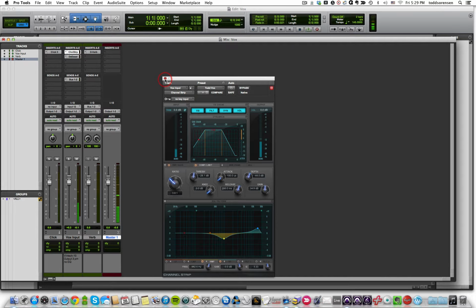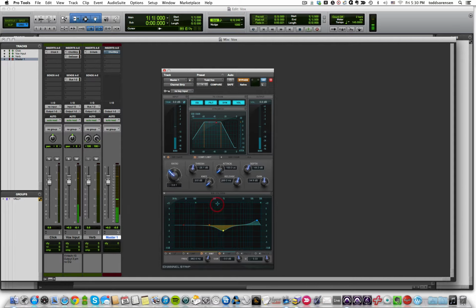Now let's look at the same plugin. Let me copy this and place it on the master plugin. That's probably really loud, so let me pull this down a ways. Okay, so now let's look at this specific plugin. And what we'll do here, we'll do the same thing. We'll pull down the master fader, and what you'll see is as I pull down the master fader, all of these levels start to go down as well. So here I go, starting to pull down. You'll notice the levels are